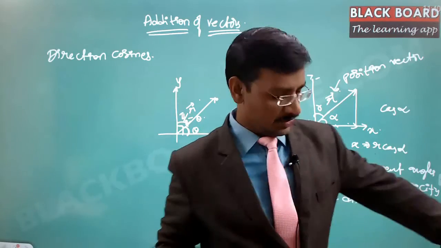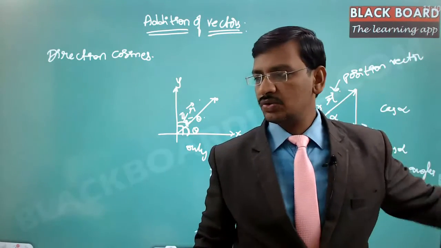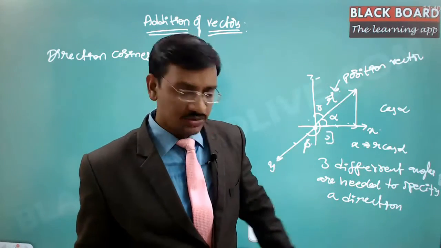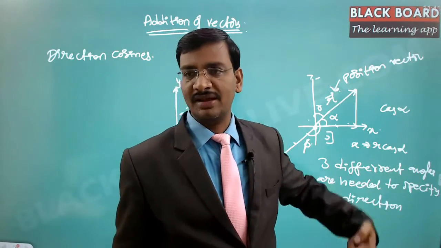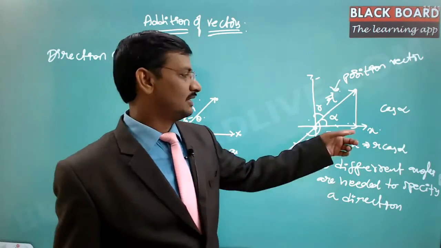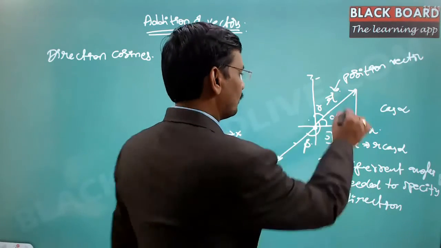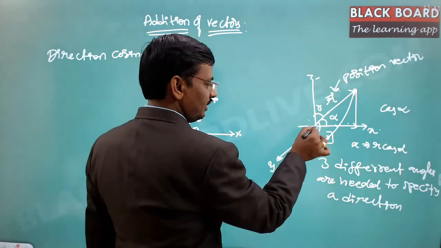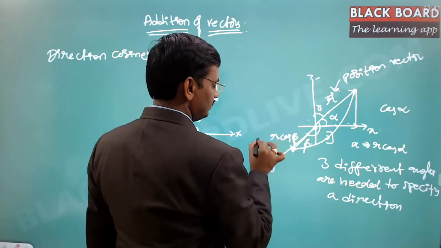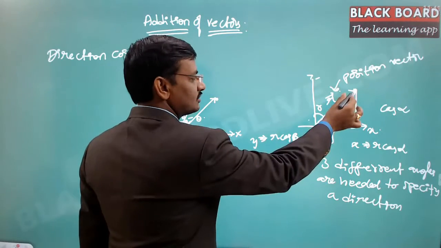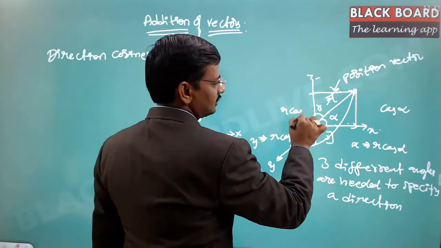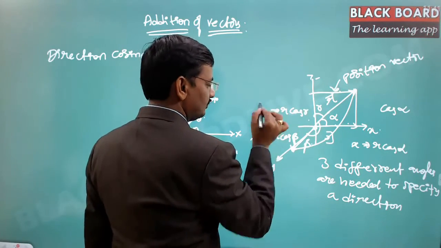Suppose you take this particular line from the origin towards the point, then the angle of projection onto this x-axis, as it is making an angle of alpha with respect to x, that projection onto the x-axis will give the x value. And the same projection along the y will give r cos beta, and this is the y value. And if you project onto the z, then this is going to be r cos gamma, which is the z value.